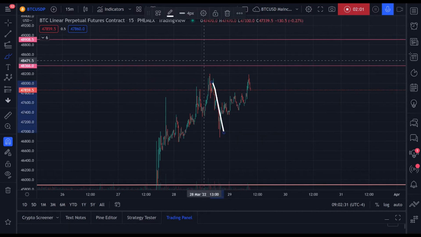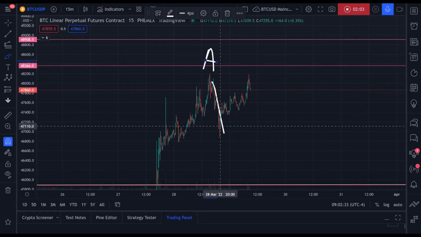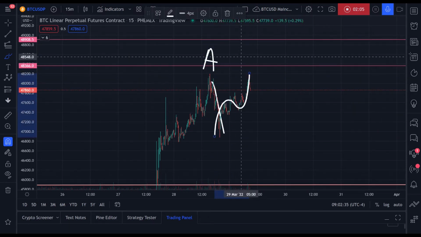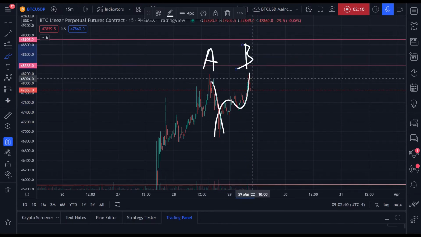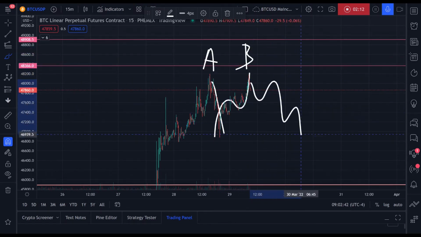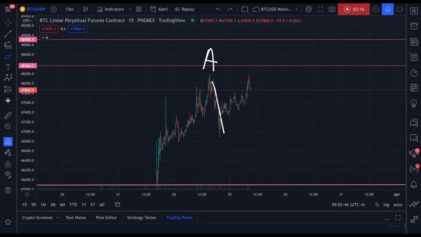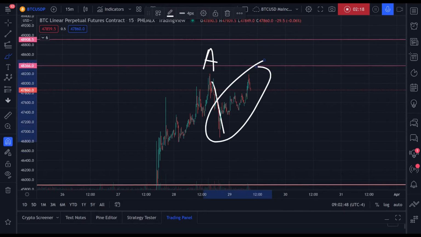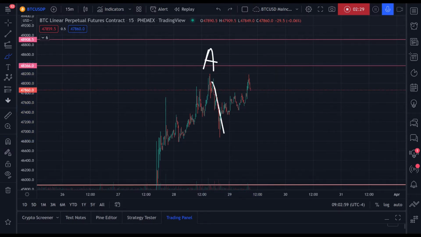So if this is my first wave, right, my A wave, my initial break of structure, this is my B wave, my wave 2, then I'm anticipating 5 waves down. All right, now I want to be careful. We want to be careful with this one, the tricky B wave, okay? Because as we all know, B waves can come in many shapes, sizes, and colors. So what we're seeing right here may not necessarily be